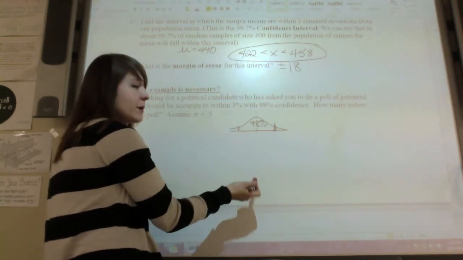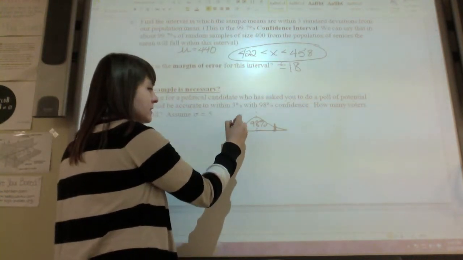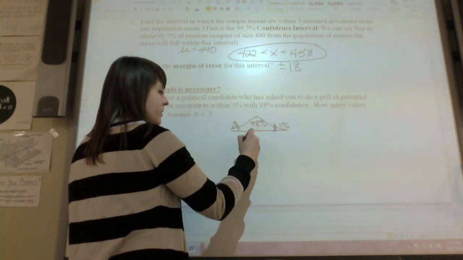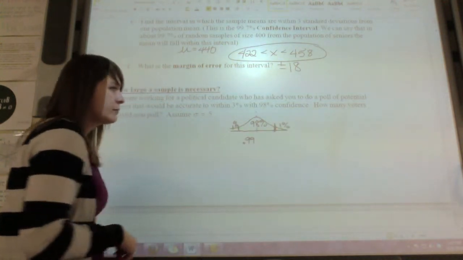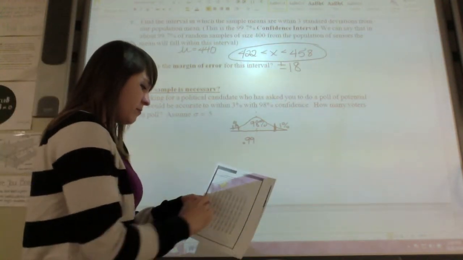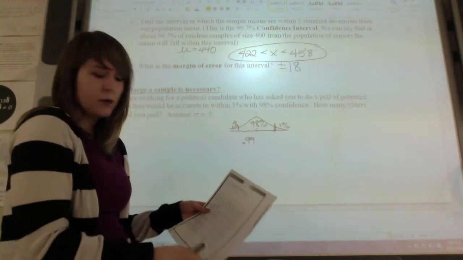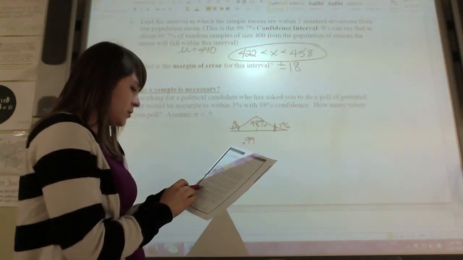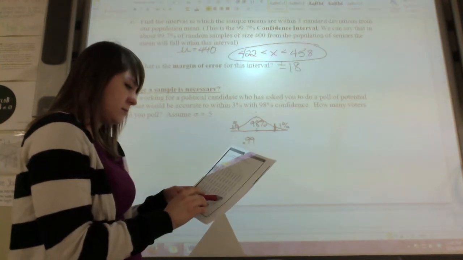So technically what I'm looking for on my table, because this is 1% and this is 1%, is 0.99. So I'm going to go through the center here and find 0.99, and according to my table, that's at approximately